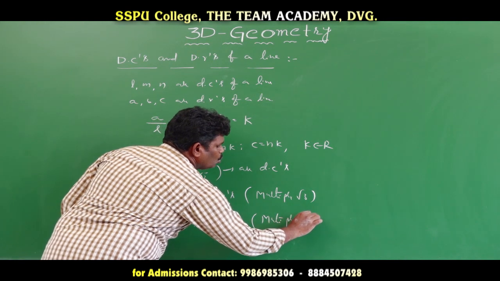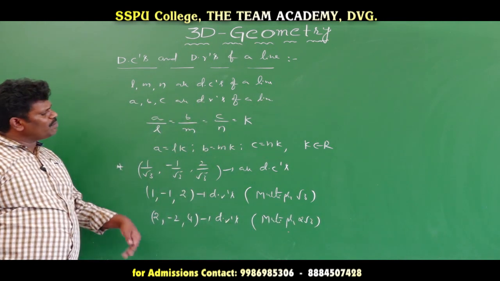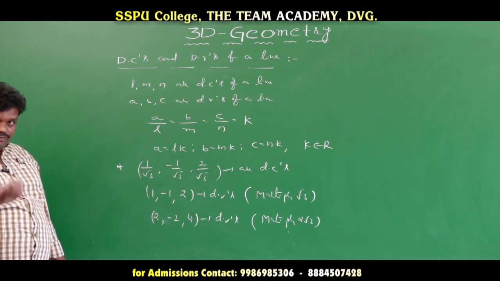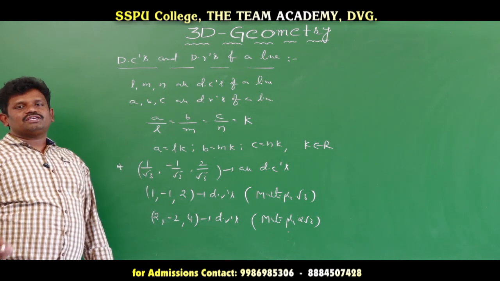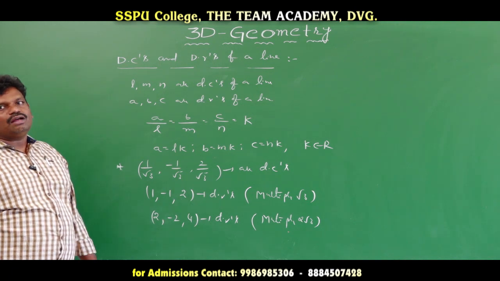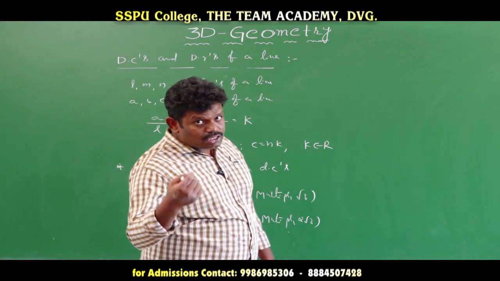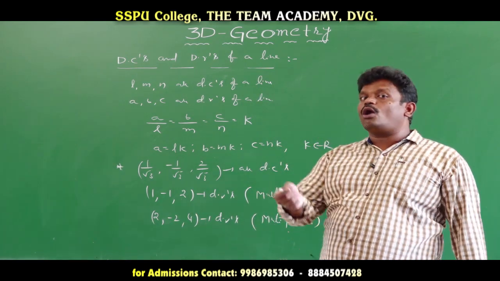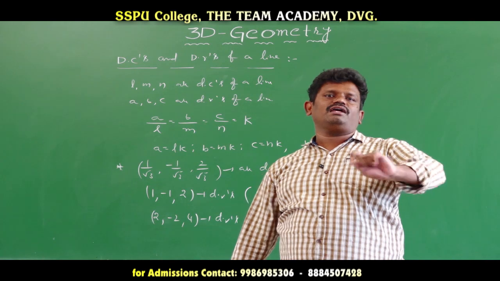So like this, if we multiply different types of real numbers with the same pair of direction cosines, we get different types of direction ratios. Here direction cosines are given, and we find the direction ratios. But if direction ratios are given, how to find the direction cosines of the given line?